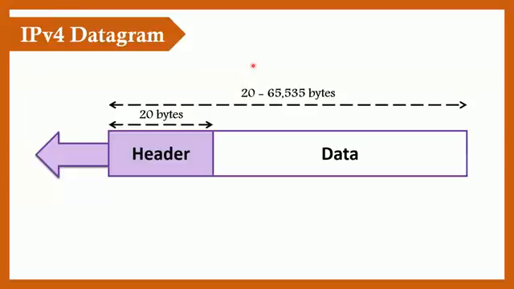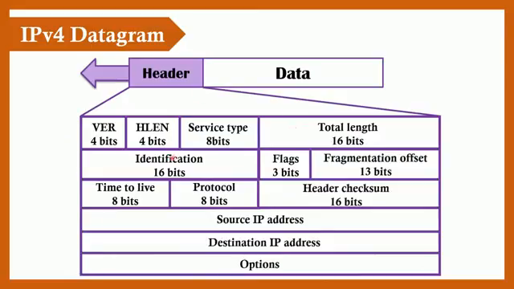Now we will see the format of an IPv4 datagram along with the purpose of each field. Packets in the IPv4 layer are known as datagrams. An IP datagram consists of a header part and a text part. The header has a 20-byte fixed part and a variable length optional part. Here the diagram shows the fields that a header contains.